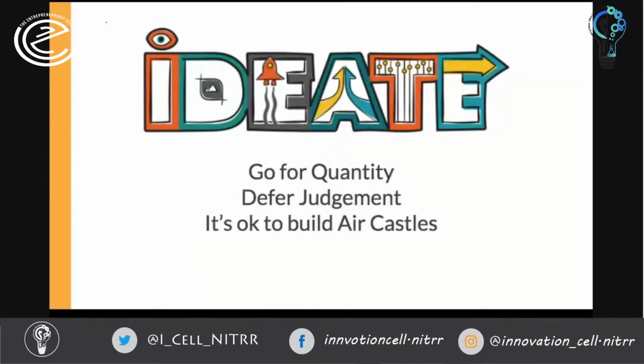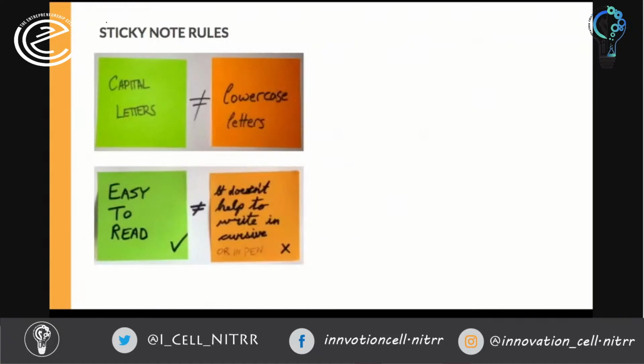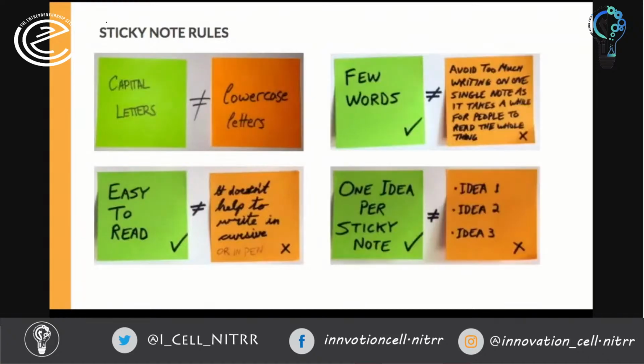So these are the rules, and let everybody speak. In group dynamics, it often happens that one or two people can tend to overpower the other person. But in order to make this process more democratic, whenever you're sitting down for a round of ideation, keep a pack of post-its ready with you. On each post-it, write down one idea. Write in capital letters so that later when you have to look at it, you can make sense of it.